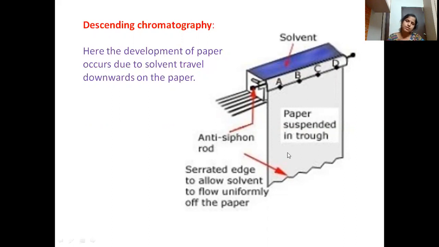Here also we have to see that the solvent should travel up to 3/4 of the distance. Suppose the solvent has traveled till 3/4 of the paper, then we have to stop the procedure, remove the paper from the rod, dry it, and detect the spots. If it is colored, again the same thing, we can detect it through our naked eye, and if it is colorless, we have to detect it under UV light. So this is about descending chromatography.